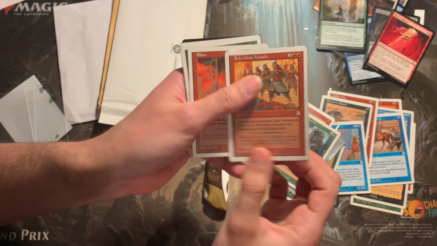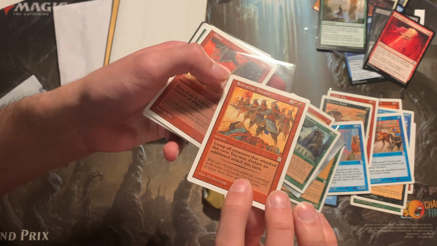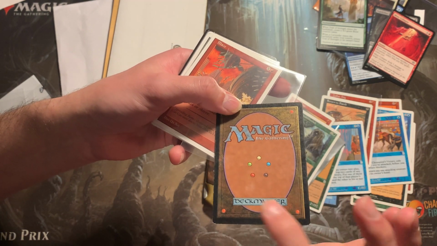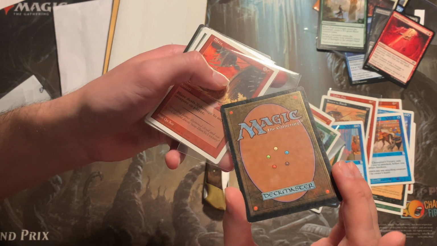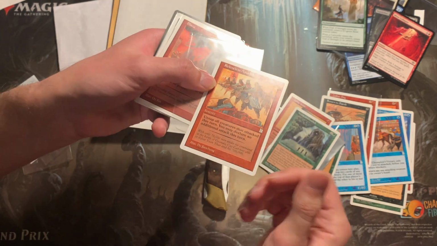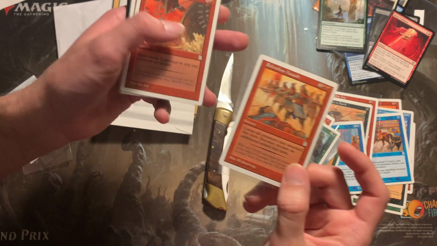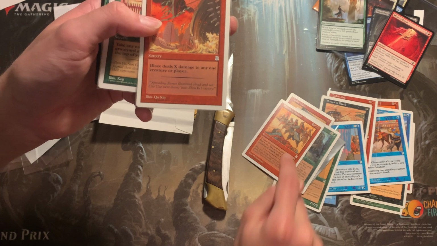A Relentless Assault. That's a rare in Portal 3 Kingdoms. I think it's also rare with the reprints. It's in good condition, like has some surface damage, some scratches, but all in all looks really nice. And the front looks really nice also. I put on screen what I paid for it,